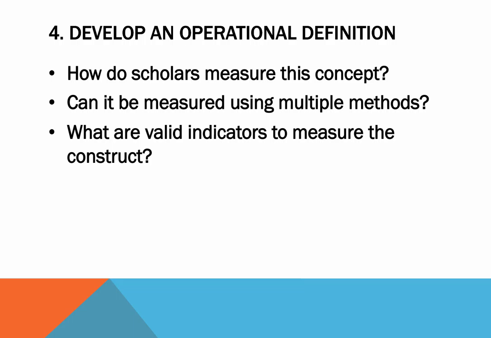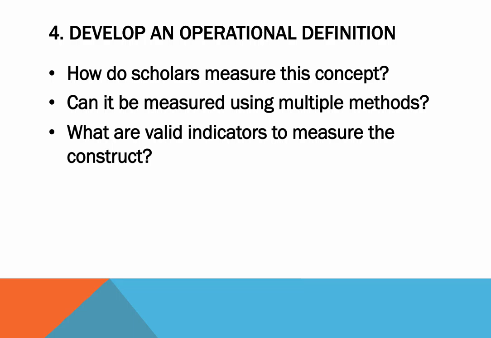So you can develop an operational definition, or you can use somebody else's word for word, or you can modify somebody else's. But let's say that someone has a 10-item measure or scale to measure depression. You don't eliminate 3 of them because you don't like them. You have to use the whole 10-item scale. And if you modify the wording in any way, or if you delete any items, you have to make a justification as to why you did that. Most often, especially with well-established measures, you can't do that sort of thing.